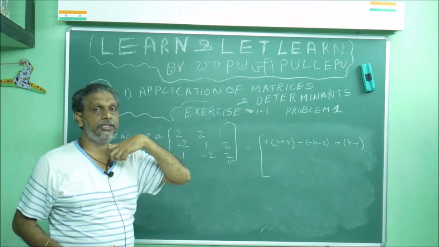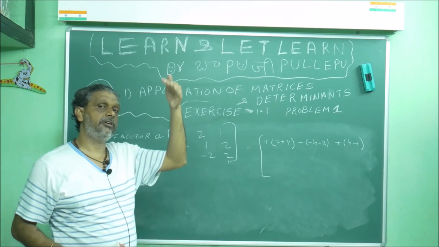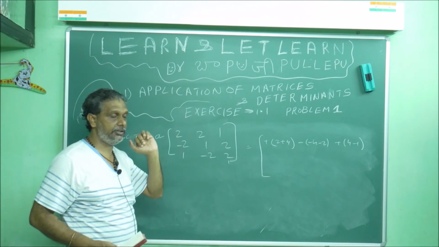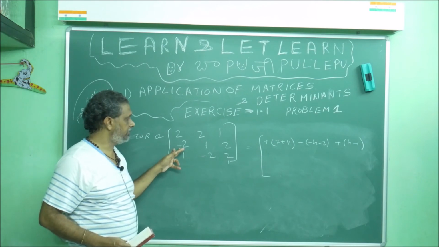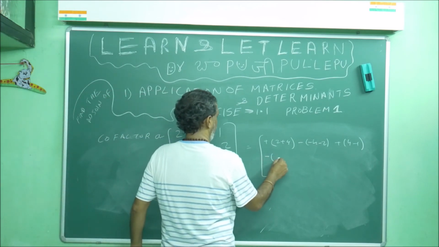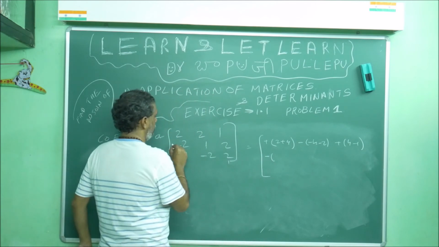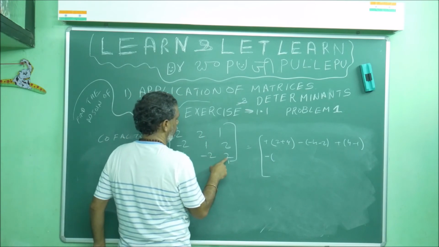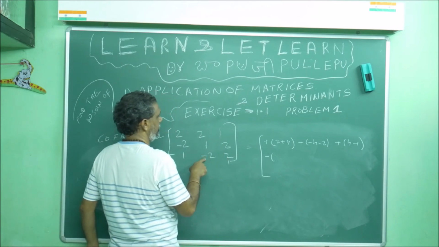That is actually the cofactor formula: minus 1 to the power of i plus j into M of i j, the minor. I don't want to confuse you too much, later I will tell you. So here, whatever the symbol may be, you don't worry. Here minus only. So cofactor of minus 2, what will you get? Leave this fellow. So what will you get? 2 into 2, 4, again minus plus.